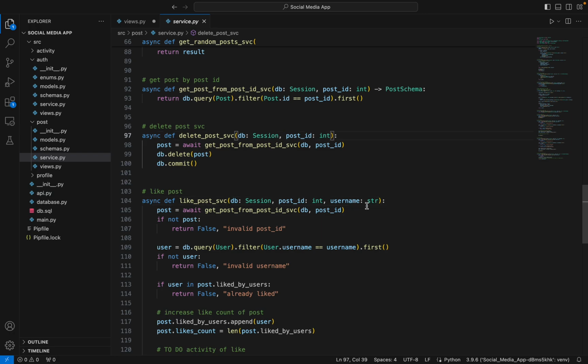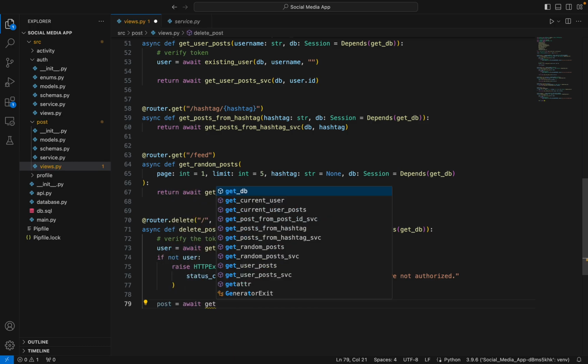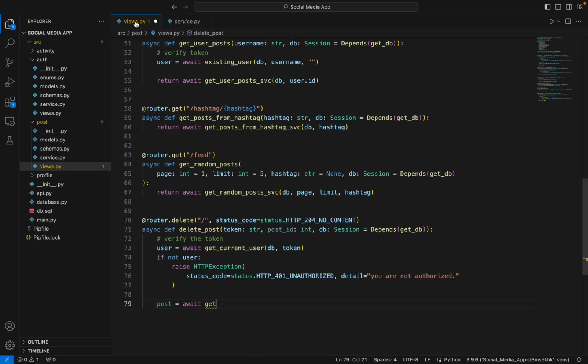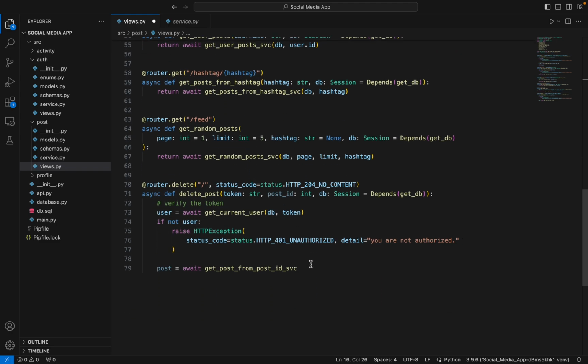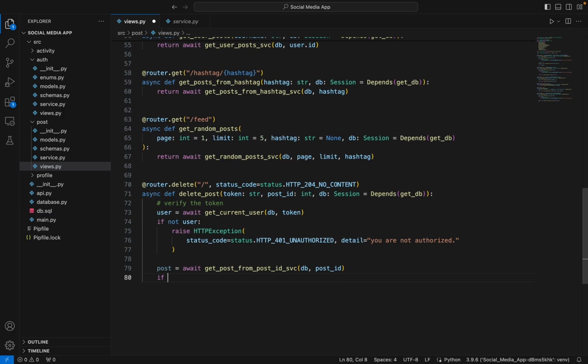This should take, and this should verify, or I think I should get the post here only. I'll get the post here. Await get_post_from_post_id. Have I created it? Post from post ID svc. I'll just import it. Have I not imported it here? Okay, I have it here already. And what I'll do is I'll just take db and post ID. And now I'll check if post.author_id is not equal to our user.id and raise HTTPException